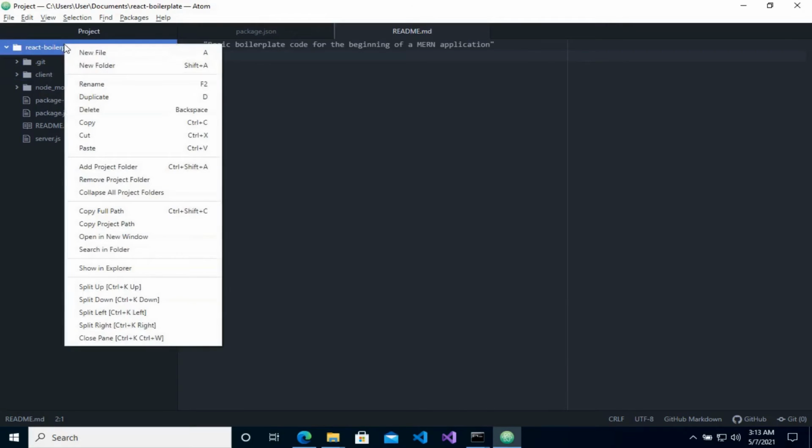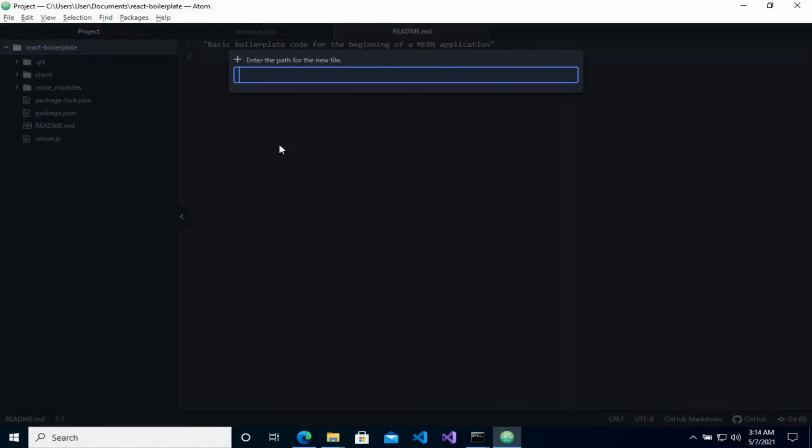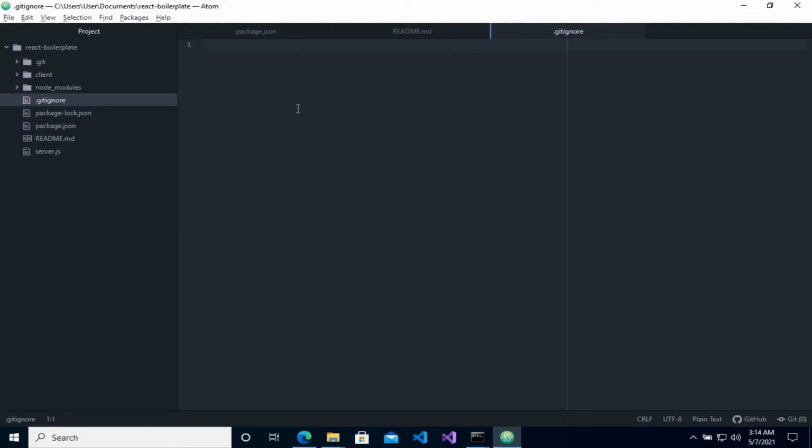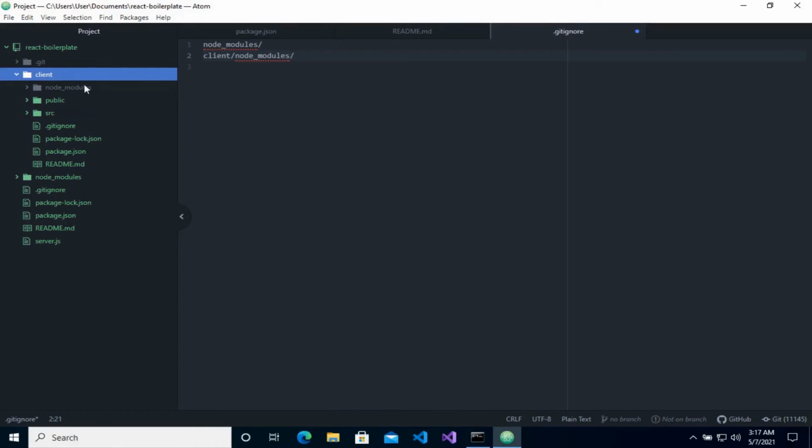We'll right click on our main directory, new file, full stop git ignore, and within this we'll type node modules with a / at the end, which will ignore this file, and we'll also include the client / node modules folder. We'll save,